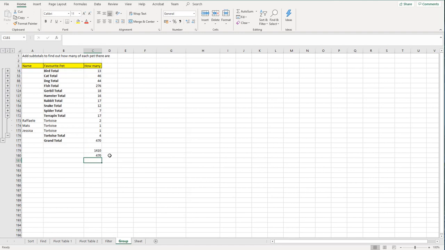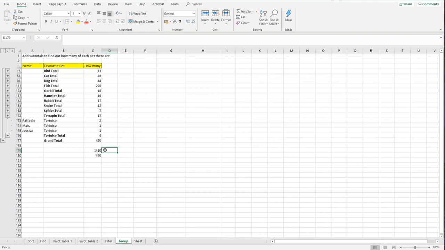So our total, if you just sum them up, it's literally counting everything 3 times. There's the initial person with the number of pets they have, then the subtotal ordered by pet, and then also the grand total at the bottom. So we have our data counted 3 times if we're not careful and put in a sum to just add